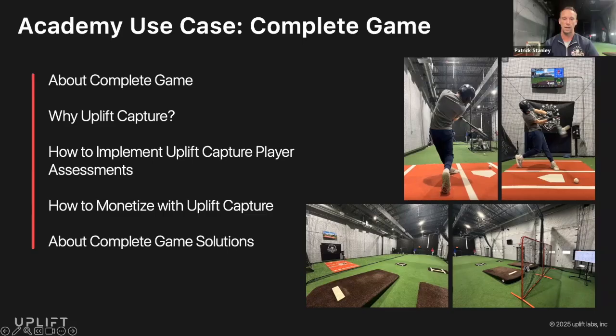So I have two different models because it's what's right for Complete Game. With Complete Game Solutions, when I consult with other facilities, we customize how we use Uplift to their setup and how their structure is run. But for Complete Game, I have two options that I use. I use assessments for players to be able to come in, and maybe they don't train here, maybe they don't play here, but I am able to give them this data and these reports so that they can take it to wherever they are going, and their instructor could help start to get to the root issues